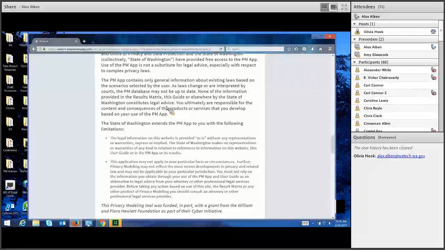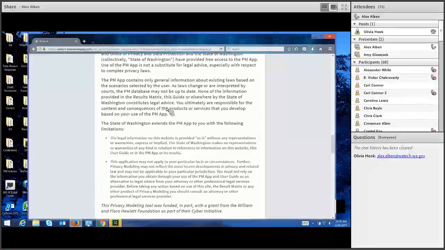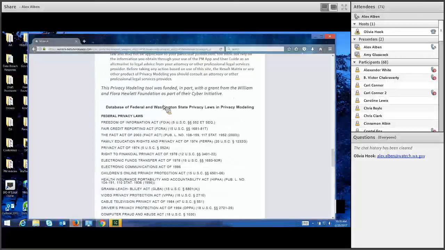Then, of course, we have quite a few lawyers who wanted to say what this product does and doesn't do. You know, it's not a lawyer in a box. I really want to make that clear. Some people, when they use a tool, all of a sudden feel like it's giving definitive answers. The tool is not interpreting law. The tool is not even interpreting policy because it doesn't know policy. It's really a law finder and an issue spotter.